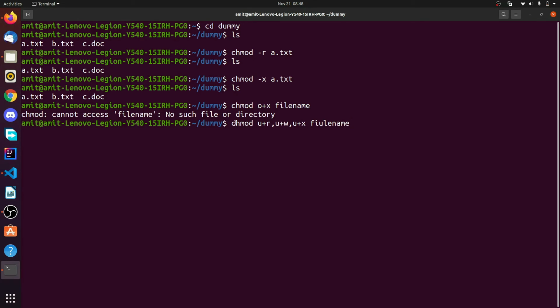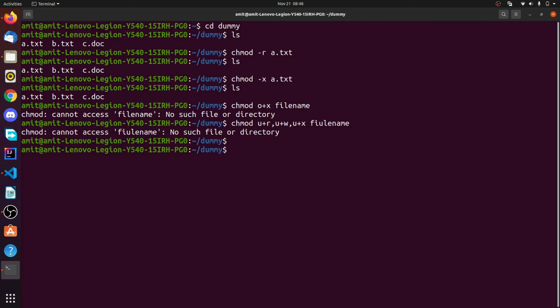Similarly, if we want to give others executable permission, or if you don't want to go for o plus x and all, you can simply write chmod, then o for others, and x for executable. I mean the others will directly be able to execute the file. Then just write the file name. This is how it goes.